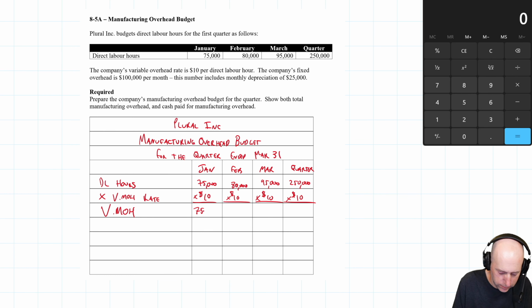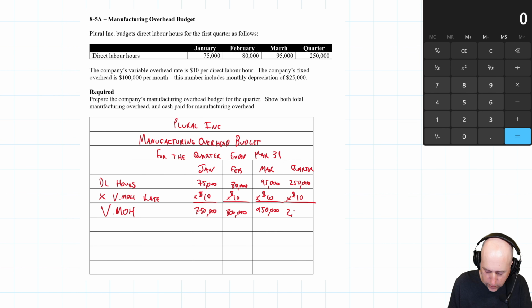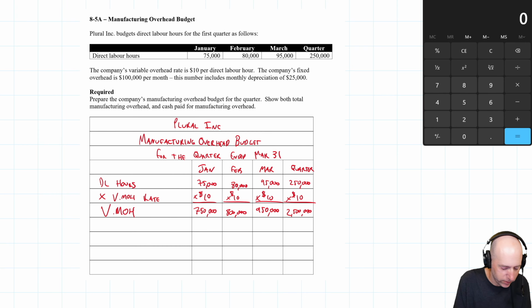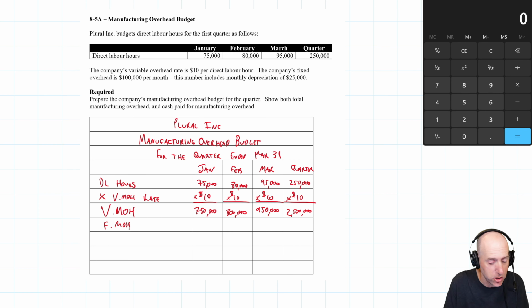So $750,000, $800,000, $950,000, and $2.5 million. Okay, that's my variable overhead. Well, what about fixed overhead? Now, we're going to do total fixed overhead, including depreciation. So $100,000 is my total fixed overhead. And it's fixed, so it doesn't change from month to month. That's what makes fixed costs fixed. Well, that's one of the elements anyway. So it's